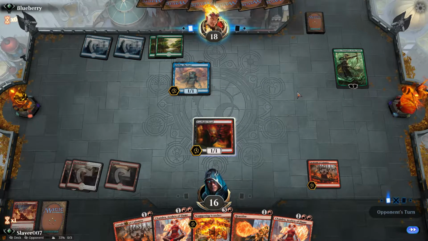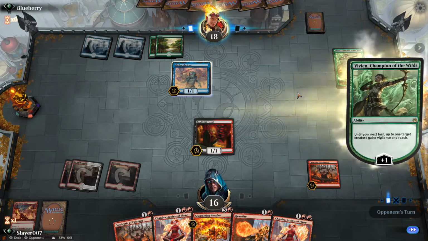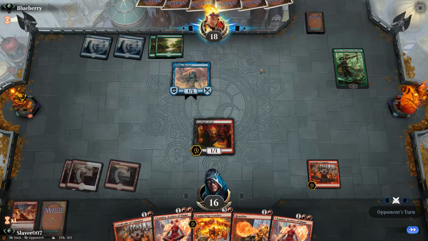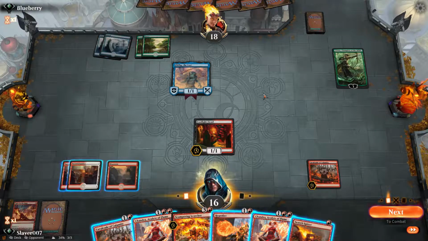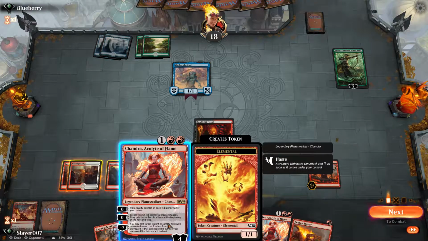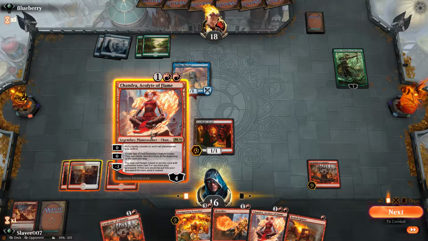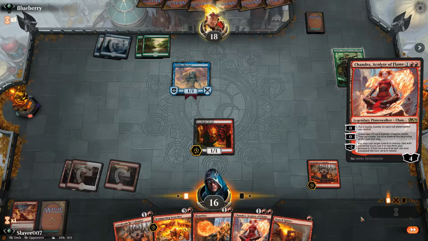Flip. Okay, what is our opponent doing? It's a very interesting deck our opponent's playing here. Simic something. Yep. Alright. So yeah, I guess it's Chandra time. We do have two of them, so